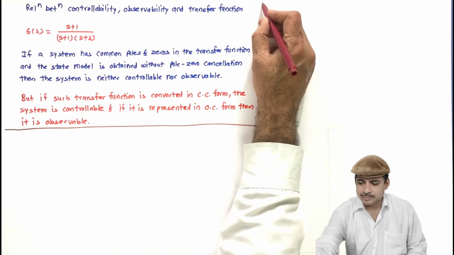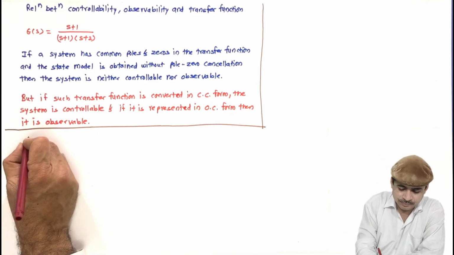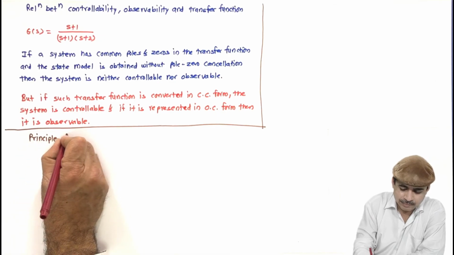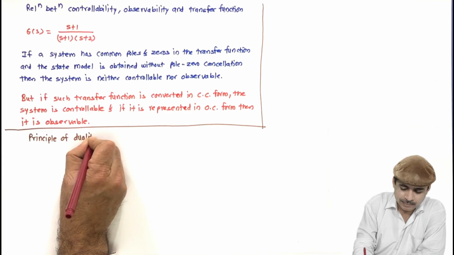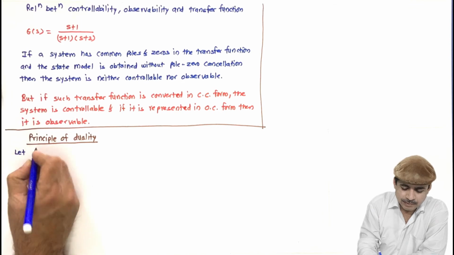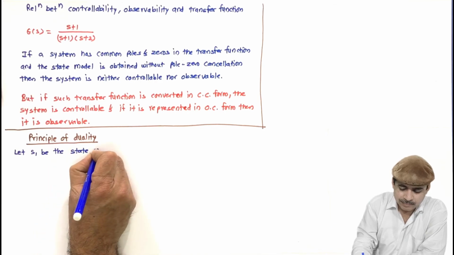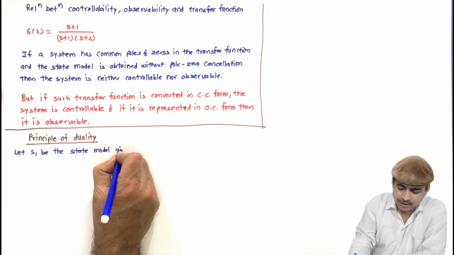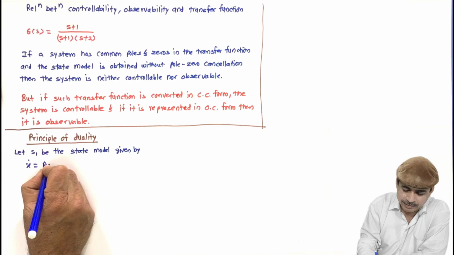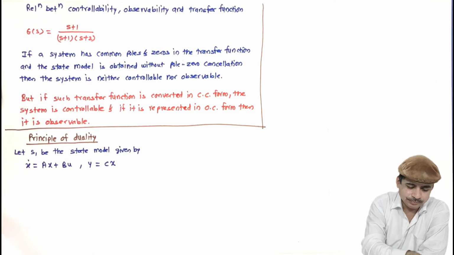Now we will move to another concept, and that is the principle of duality. What it says, let S1 be the state model given by x dot is equal to Ax plus Bu, y is equal to Cx,